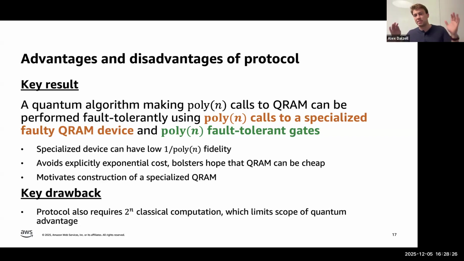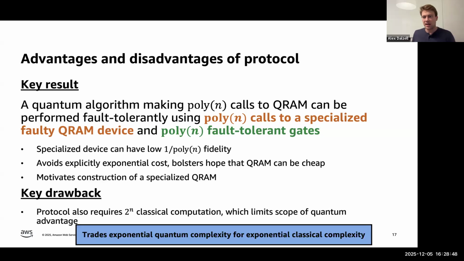But it's important to highlight the main overriding caveat of this entire result, which is that our protocol essentially requires this classical update rule. And the classical update rule requires touching all 2 to the n entries of the classical dataset, and therefore, from a purely gate complexity perspective, has complexity 2 to the n.